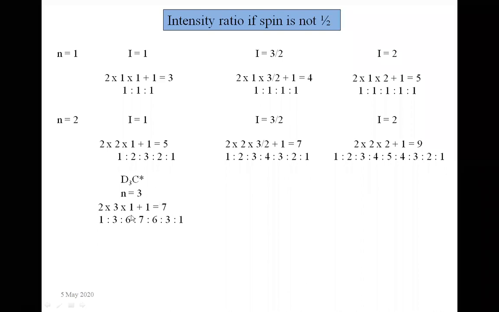ओके, तो 7 लाइन का अपन अगर n इज इक्वल टू 3 है, तो उसका इंटेंसिटी रेशियो आप याद कर लेना। इसमें वो वाला फॉर्मूला नहीं चलेगा कि 1 1 दोनों साइड में लिख दिया, फिर 2 2 फिर 3 3, ऐसा नहीं चलेगा। So you have to remember this 1:3:6:7:6:3:1, ये आपको याद रखना। कभी कभी एग्जाम में पूछ सकते हैं कि अगर n इज इक्वल टू 3 है, स्पिन इज इक्वल टू ये है 1, 3/2 और 2, तो इंटेंसिटी रेशियो क्या होगा। So intensity ratio in case of n is equal to 3 and spin is equal to 1, then intensity ratio will be